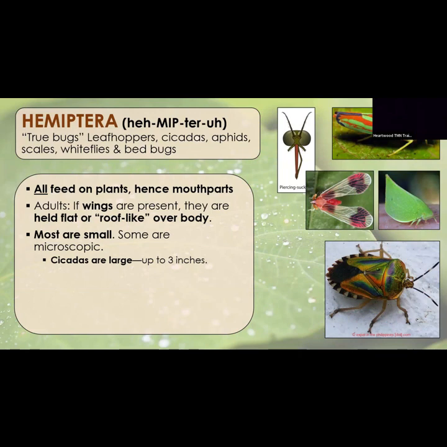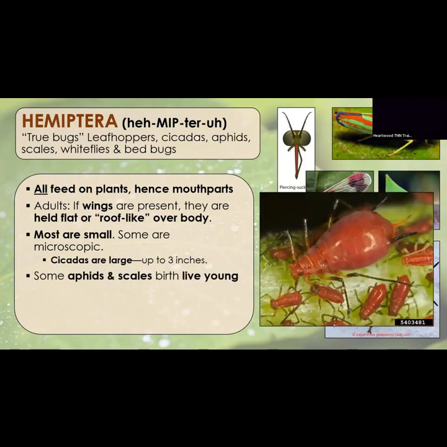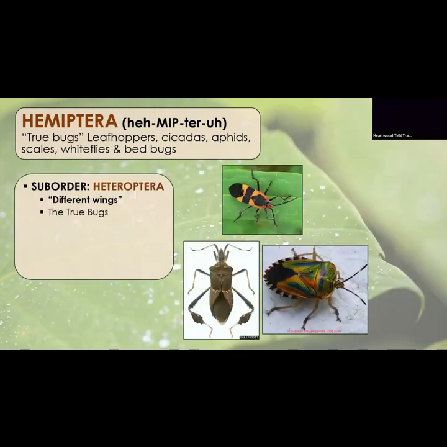All right, so what's going around are a few examples of hemipterans. Cicadas are large. Aphids and scales are actually some that give live birth. So they don't have metamorphosis either, because they don't even have eggs, they give live birth. There's always going to be some exception, especially when you're talking about millions of different organisms in one class. Hemipterans are really good at transmitting plant pathogens, parasites, and diseases, and a lot of them are known to excrete honeydew.